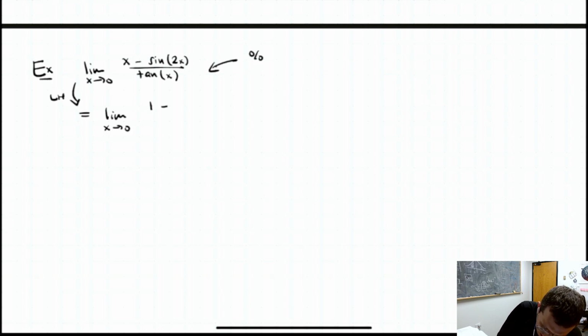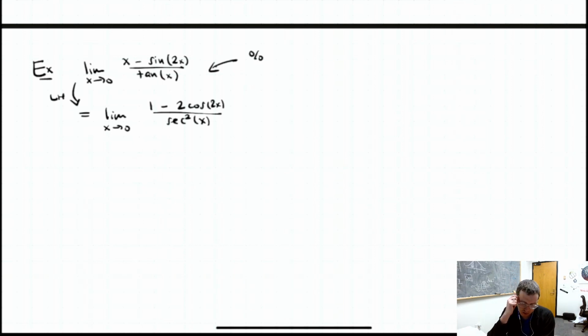It'll give me 1 minus 2 cosine of 2x over secant squared of x. Now I have a new limit. As always, I start out by trying direct substitution. If I plug in 0, I get this,